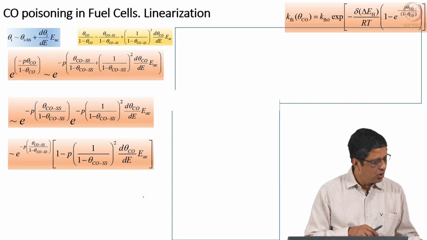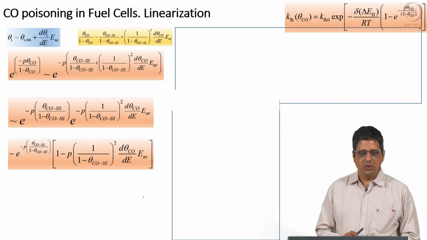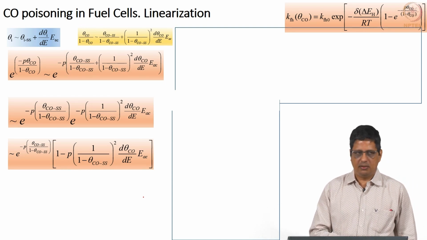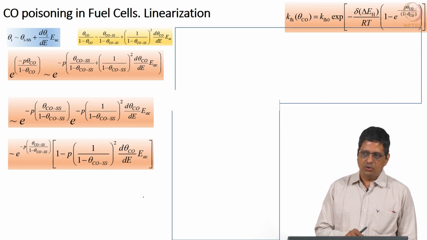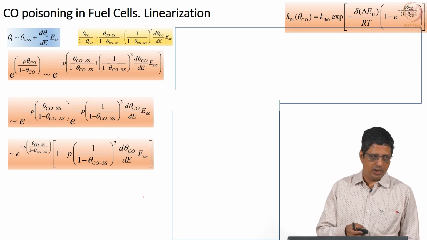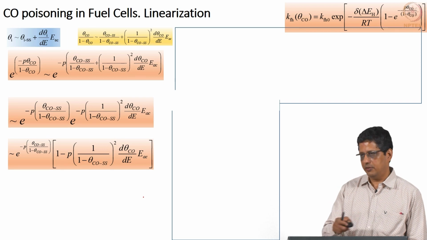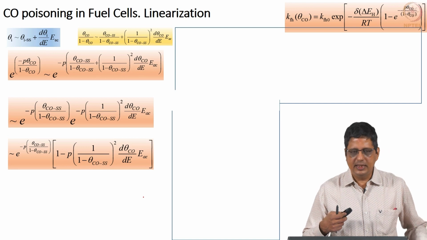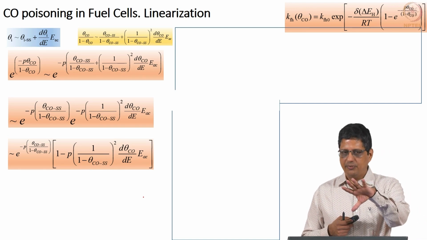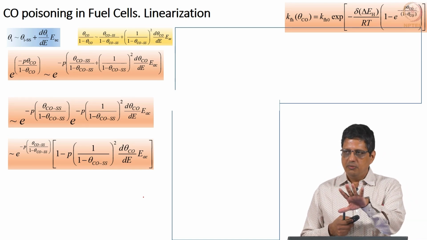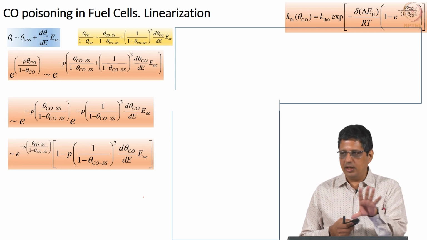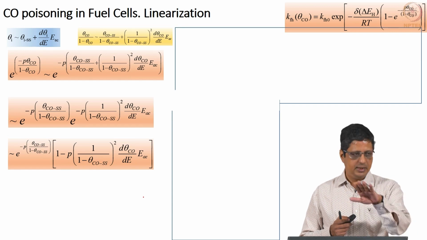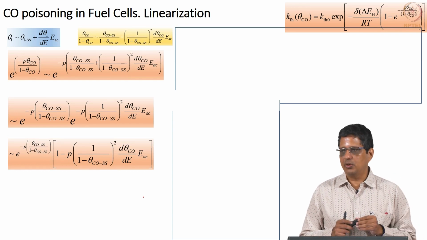Tomorrow what I want to show you is some of the challenges faced when you actually have data and you want to get a model. So far what we have seen is, if you are given a model, can we write an expression for Faradaic impedance? And we also see at a superficial level that if you are given a spectrum or a few spectra, we should say this mechanism will never model this, because this has 5 loops and the mechanism has only 2 intermediates, or this has 2 loops and my mechanism has only 1 intermediate.